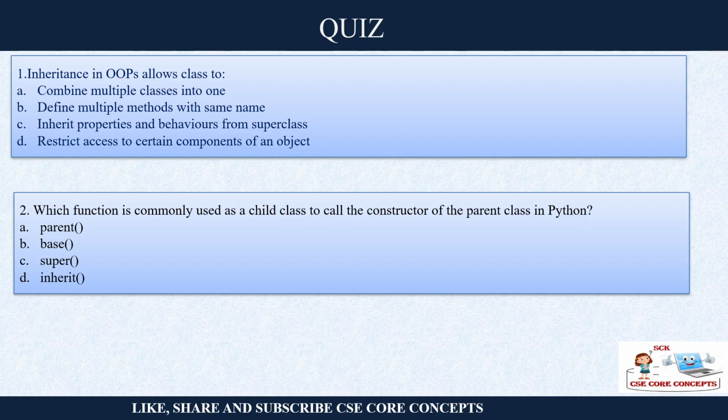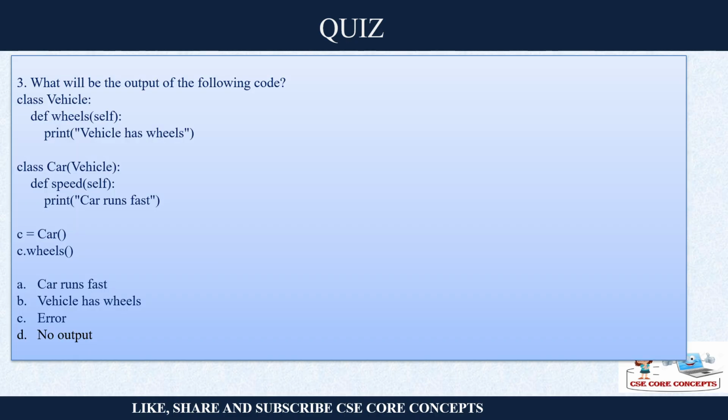And this is a simple quiz, a very small quiz I have kept here, so you can write the answers to me in the comment section. You can choose, this is the first, second, and this is piece of code you have to execute, where there is a class vehicle, okay, where the number of wheels are defined, and every vehicle has wheels. Simply you are doing that. Now in car, how car runs fast. Now you have to tell me what will be the output when you are calling this order, right?